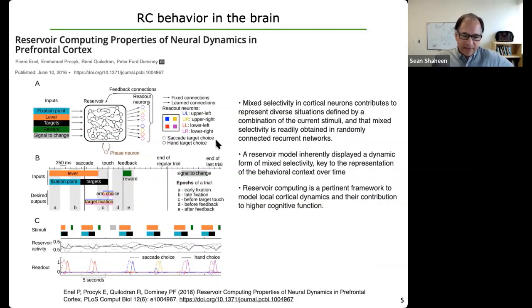The way they came to that conclusion was they programmed up a simulation of a reservoir and trained it on multimodal stimuli that would be fed into the prefrontal cortex, and found that it behaved in similar ways according to some of the readouts that they could measure from the biological brain, probably a mouse or a rat in this case. So their claim is that reservoir computing is a pertinent framework to understand local cortical dynamics in higher cognitive function. No one is claiming that the entire brain is a reservoir computer, but there are certain regions that